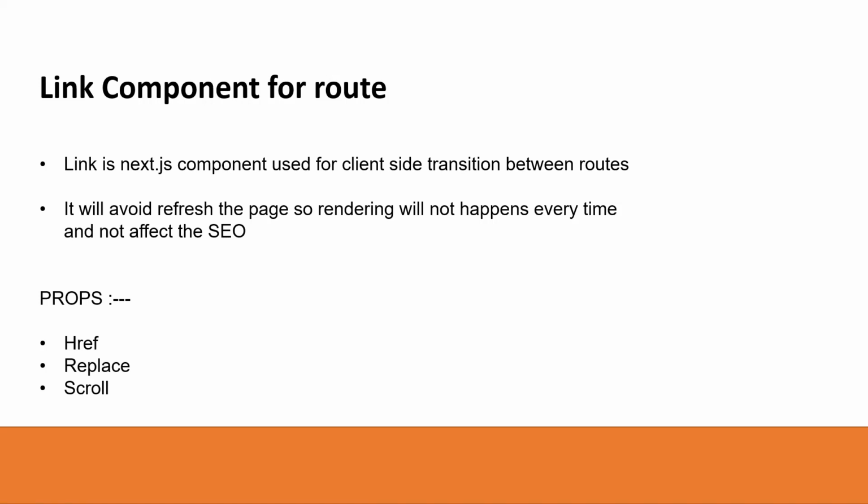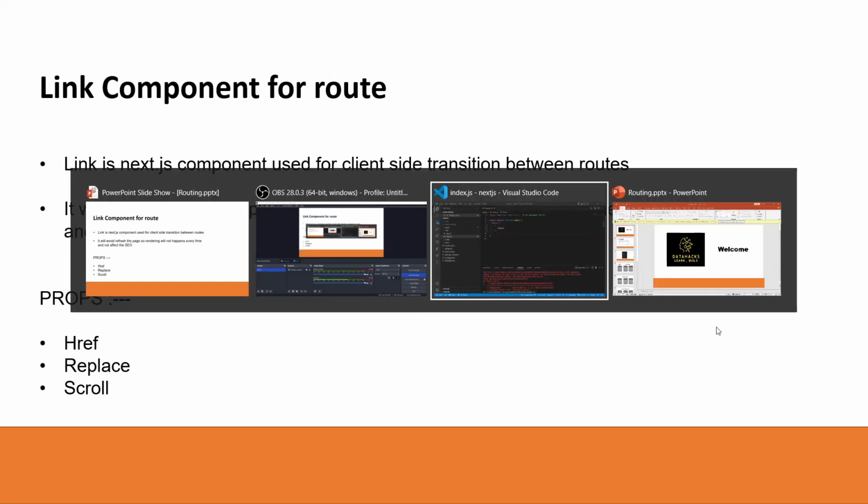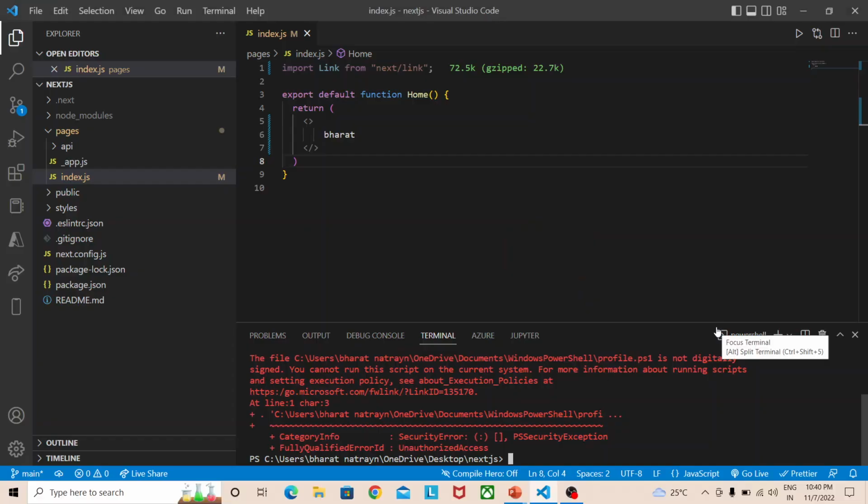We also use some common props in the Link component: href, replace, and scroll. Scroll is always true by default, which means when the user hits the button and navigates to the page, it automatically scrolls to the top of the page. This is the purpose of scroll. The href and the replace I will explain in the flow of the video. Now let's get into the